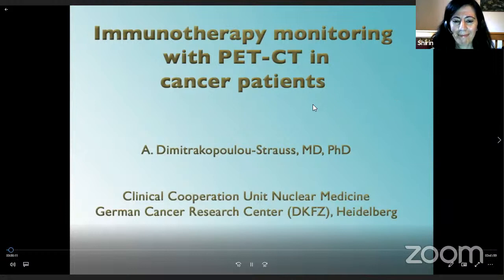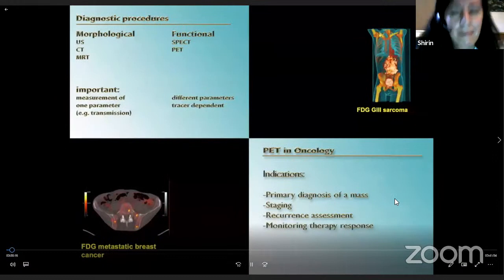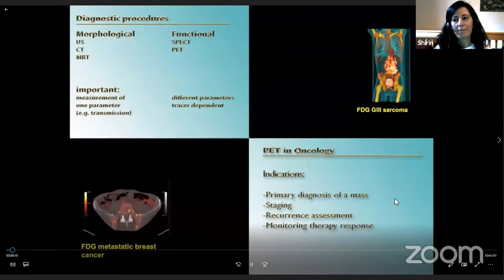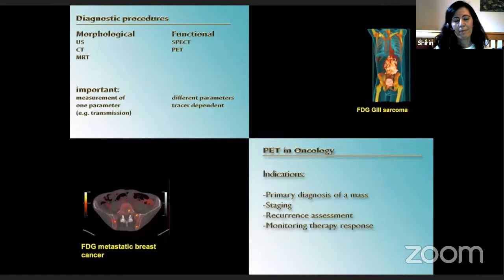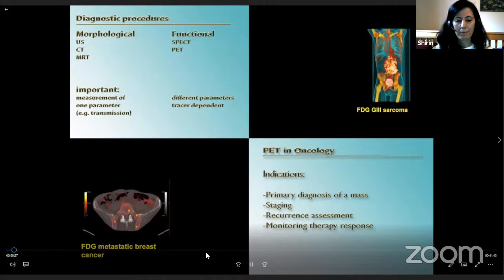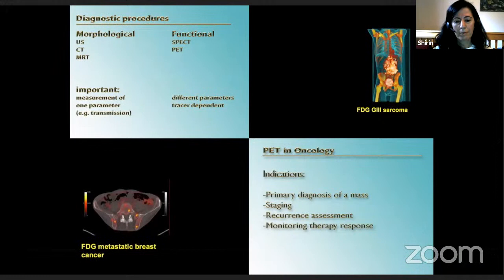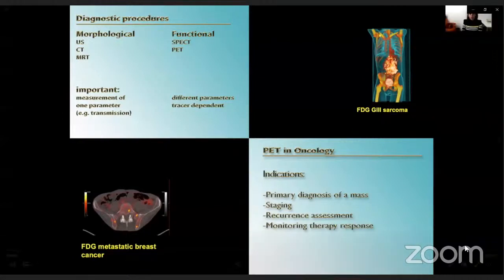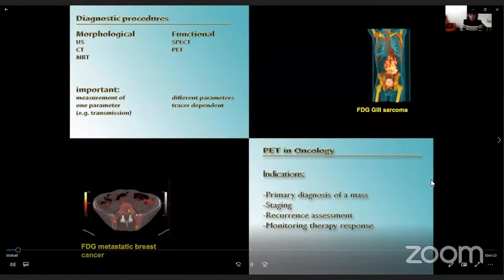My topic is immunotherapy monitoring with PET-CT in cancer patients. As you know, imaging modalities are in general divided into morphological and functional methods. Morphological methods are ultrasound, CT, and MRI, and functional methods are primarily SPECT, PET, some MRI sequences, and there are also some newer methods like optical imaging and photoacoustic imaging, but these methods are primarily used in preclinical imaging and